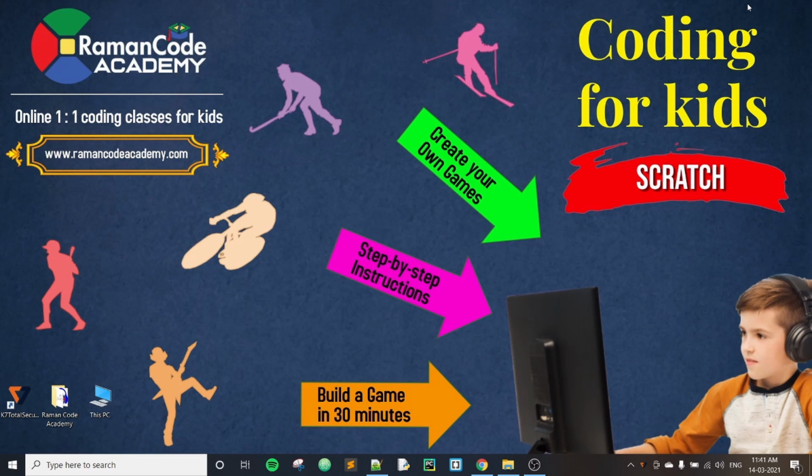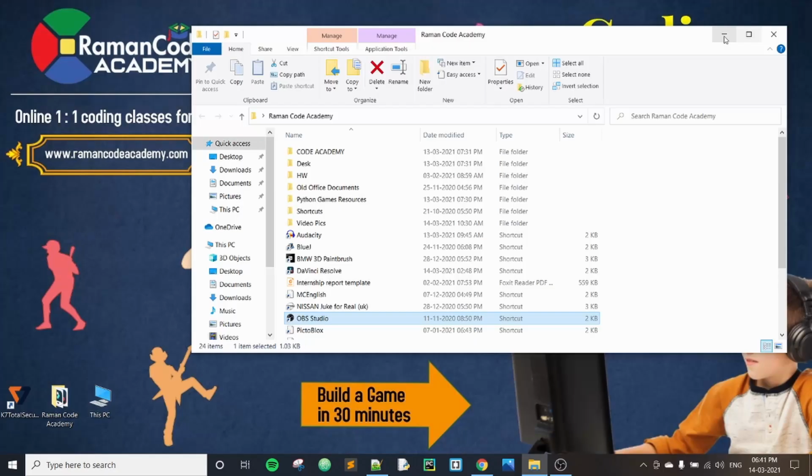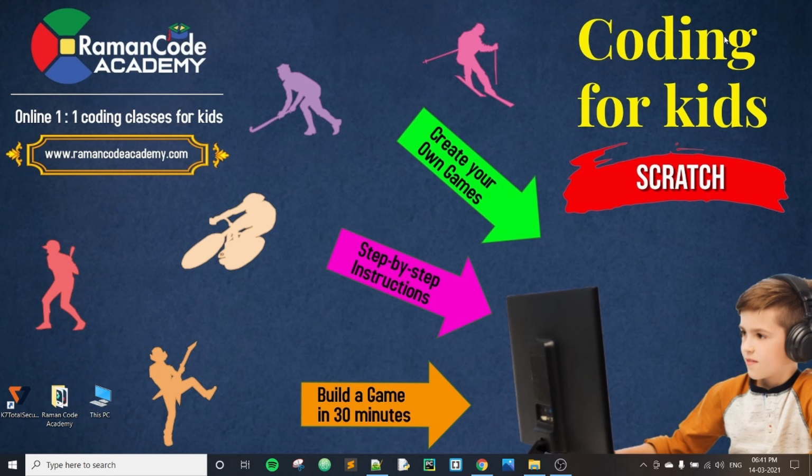You don't need to install any software to start coding with Scratch. Switch on your computer, fire up your browser, and then type scratch.mit.edu into the browser and the page loads. Just click on the Create button and create your first game or stories. Okay guys, now I'll take you through the step-by-step procedure of how to work with Scratch programming.